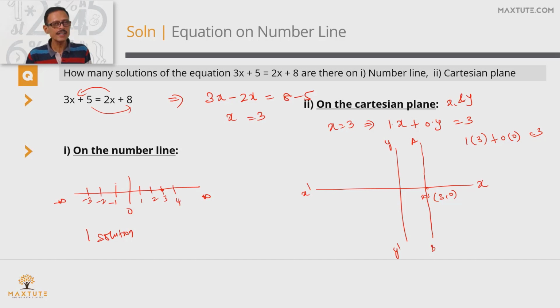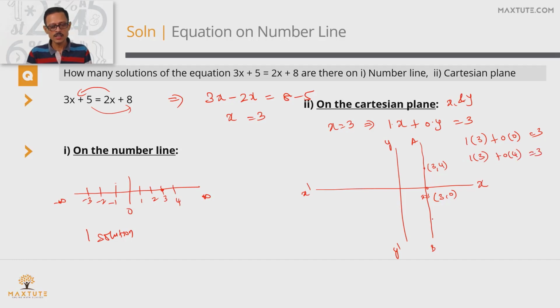Will every point on this line be a solution to this equation? It should, right? If this is the equation of the line, the coordinates of any point on the line will be a solution to the equation. Let's pick a couple of points and verify it. Let's pick a point above the x-axis. The x coordinate is still going to be 3. For any line parallel to the y-axis, the x coordinate remains the same. Let's say the y coordinate is equal to 4. Plug it into 1x plus 0y. So it's 1 times 3 plus 0 times 4. This will be 3.